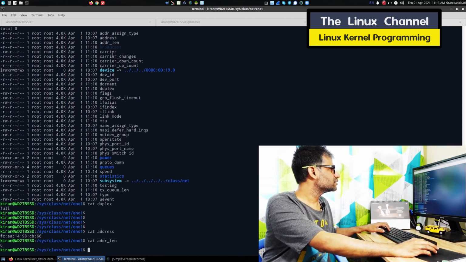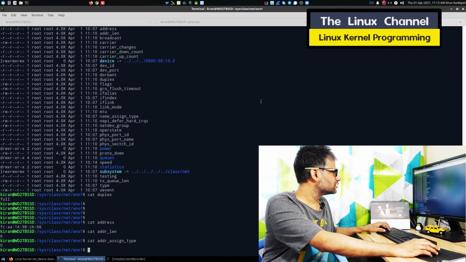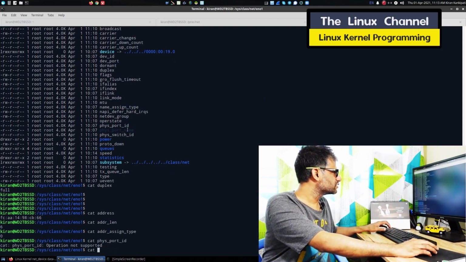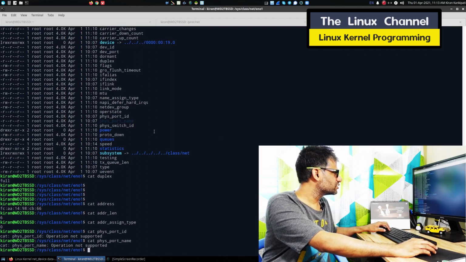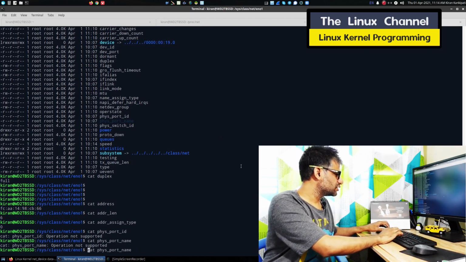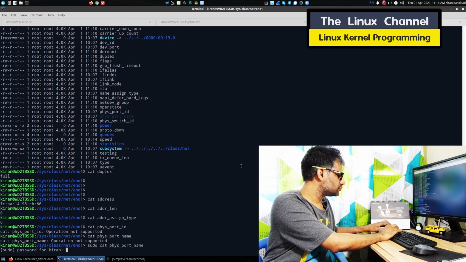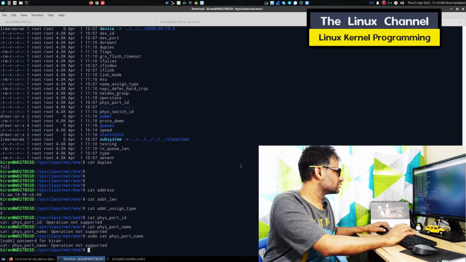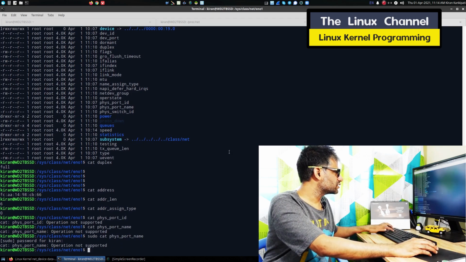Other than that, what is this address assigned type? This is showing 0. I have no idea what it is. And cat this, cat this. Yeah, some show operation not supported. Maybe I do this with sudo. Yeah, still it shows that. I have no idea what it actually is.